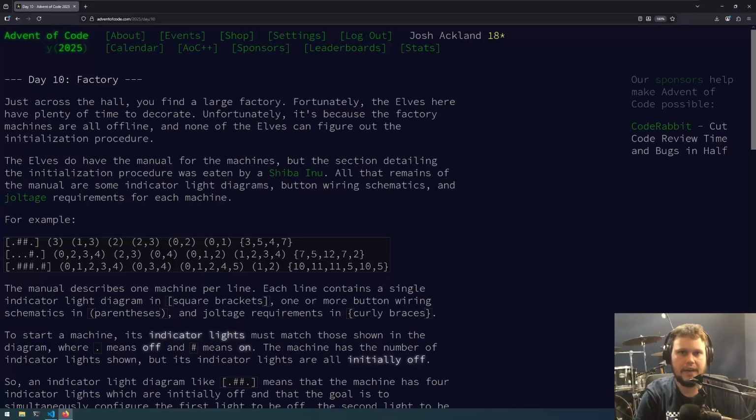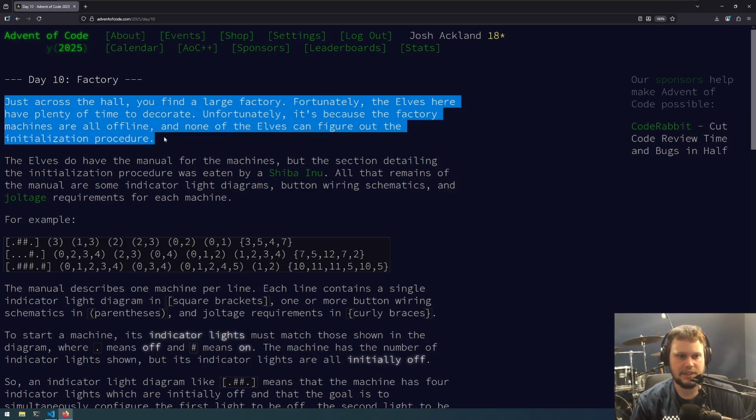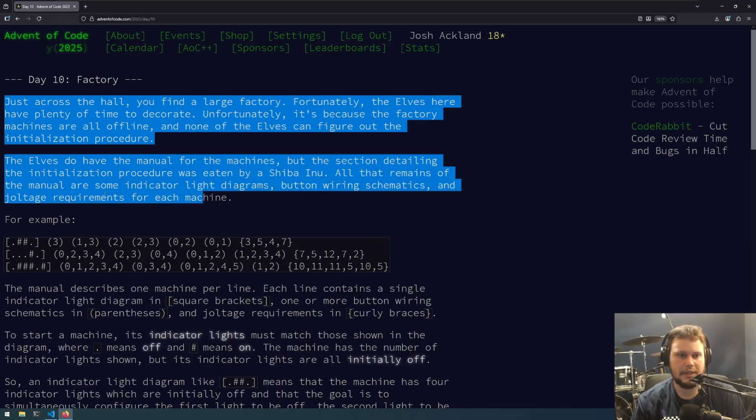This is day 10 of Advent of Code 2025, and this challenge is called Factory. Just across the hall, find a large factory. Fortunately, the elves here have plenty of time to decorate. Unfortunately, it's because the factory machines are all offline, and none of the elves can figure out the initialization procedure. The elves do have the manual for the machines, but the section detailing the initialization procedure was eaten by a